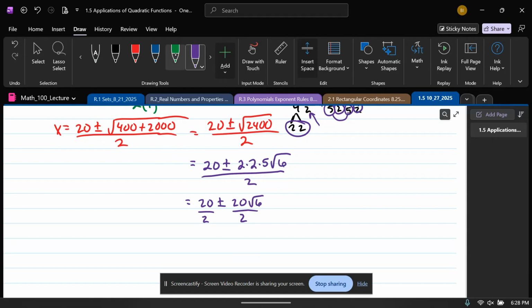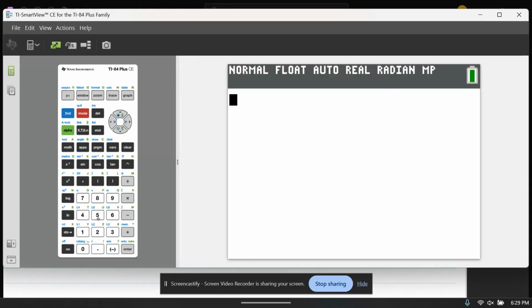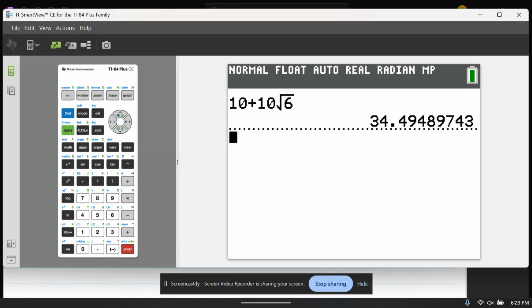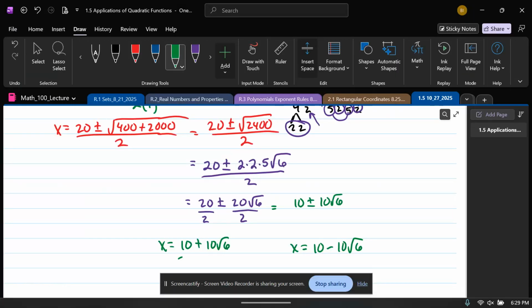Those are just decimal numbers. We're going to simplify that. That's going to be 10 plus or minus 10 radical 6. Let's turn it into a decimal. I think that will make us feel a little bit more comfortable. So I'm just going to do 10 plus 10 square root of 6 on the calculator. Yeah, let's round to one decimal place, that will be fine. 34.5